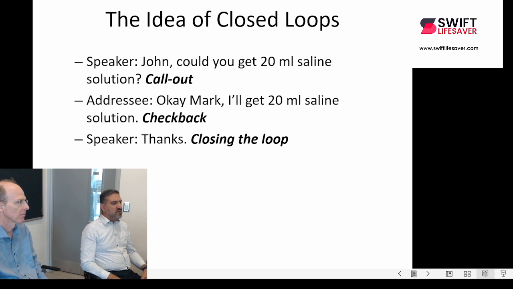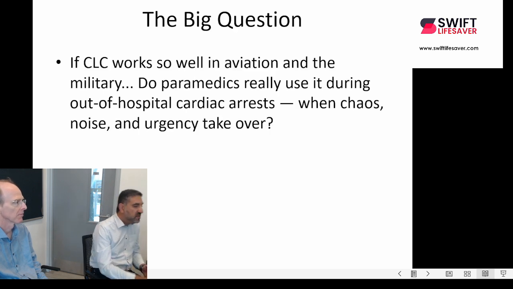And what is a closed loop communication? Here is a simple example of closed loop communication. As you see in closed loop communication, or CLC, there are three components. One component is call out, the second one is check back, and the third one is closing the loop. For instance, the speaker one says, John, could you get 20 milliliter of saline solution? And John says, okay, Mark, I'll get 20 milliliter of saline solution. This is check back, and the speaker says thanks and closes the loop. This is a classic example of closed loop communication. So the big question is,